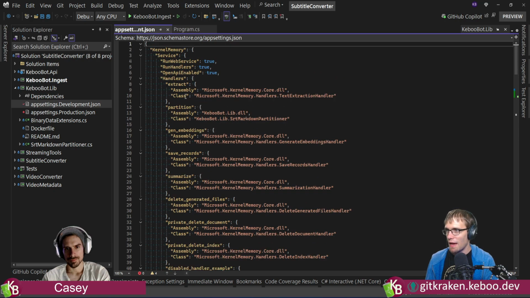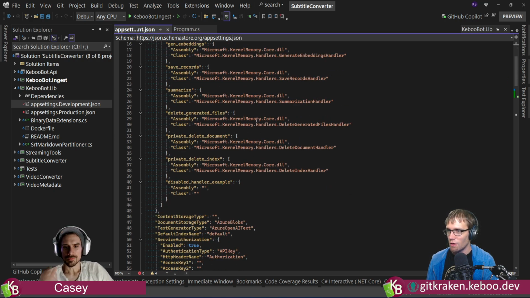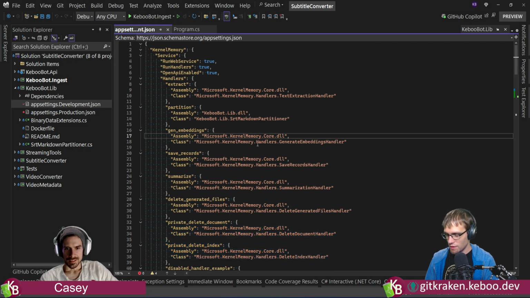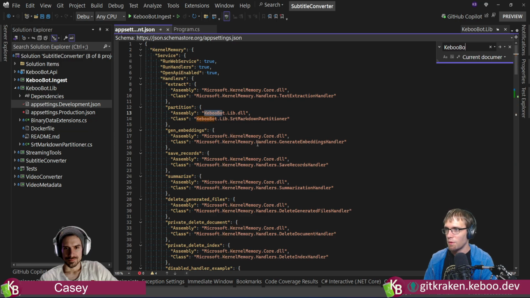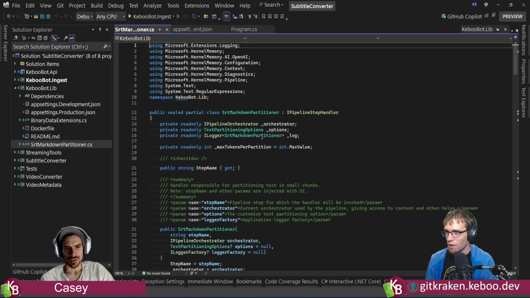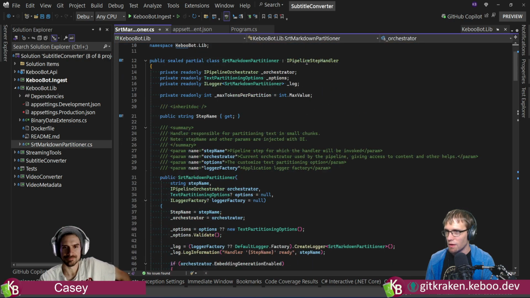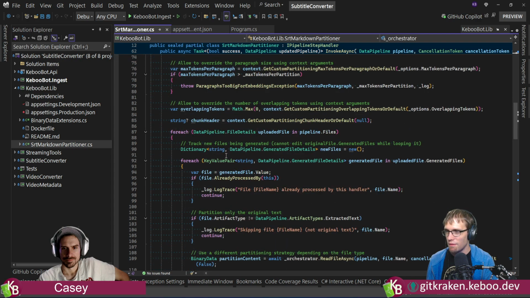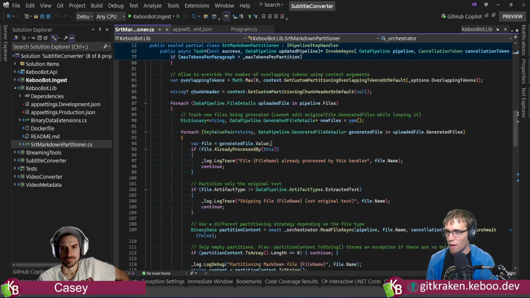What this allowed us to note is that kernel memory has a wonderful setting where you can just write your own DLLs and then plug them in, which was kind of cool. If I search here for KabuBot, on the partition step, we plugged in our own SRT Markdown partitioner because my Markdown files are all SRT, which is a subtitle format. We wrote this little sucker and built it out, and it wasn't too bad to do because we had kind of written this code in the other app already.